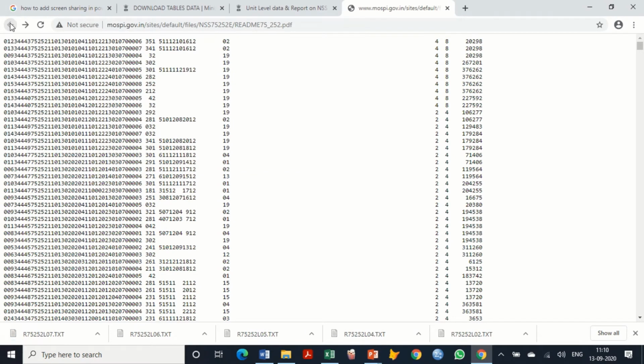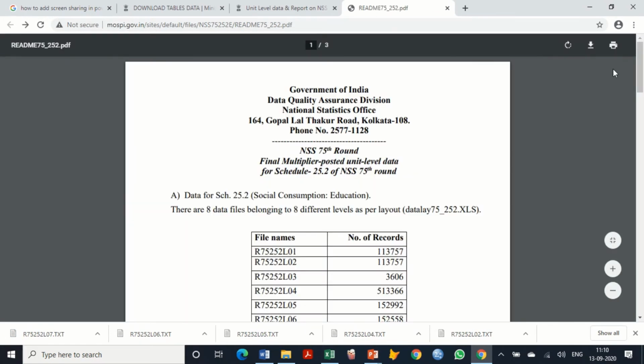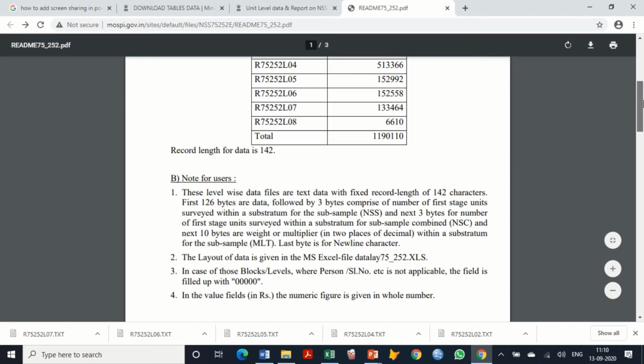It's really fast, it doesn't take too much time to download and save, because these are plain text files.